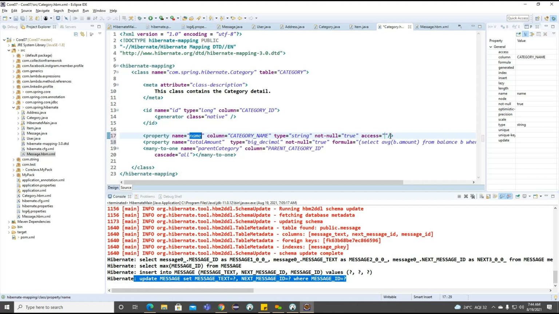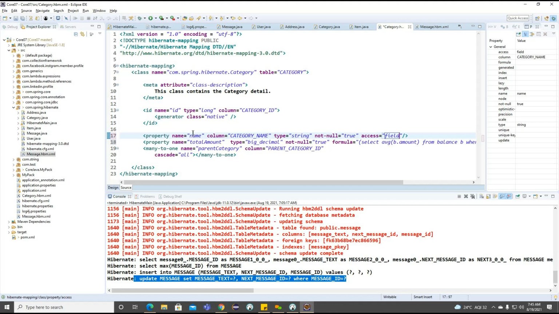Other than property, we can go for field. With field, internally it works through reflection access. Field is nothing but the instance variable, so whatever value the variable has is injected directly, and we don't require any setter or getter injection.